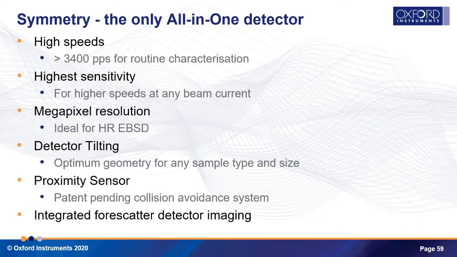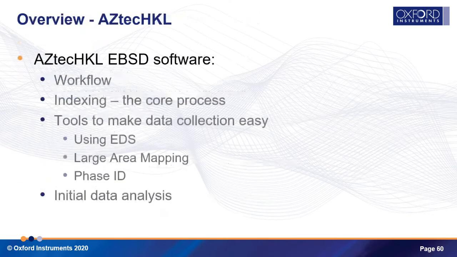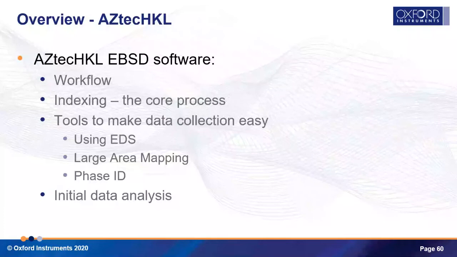So we can achieve 3,500 measurements a second. We can do that at very modest beam current. We can do high resolution EBSD, as I mentioned, for elastic strain. We've got the tilting and the proximity sensor, and we have the integrated forescatter detector. So we can have a quick look at the software itself. I won't spend too long on this, as I think we're more or less at time. But we'll give you an idea of how easy it is to use the software, the workflow, and just get